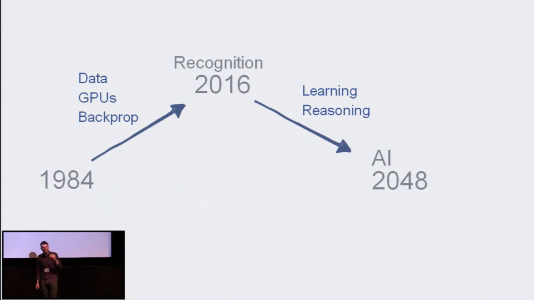Up until now, up until 2016, we've made incredible strides in recognition. I said before that recognition is solved, but recognition's not really solved. There's a lot more work to be done. But compared to 1984, it's essentially solved. Now, if we actually want to solve AI, we need to turn. We can't just keep pushing on recognition. We can't keep thinking of AI as recognition. We need to start thinking about AI as AI and start solving these problems that have been around, that have been kind of ignored over the last 30 years.